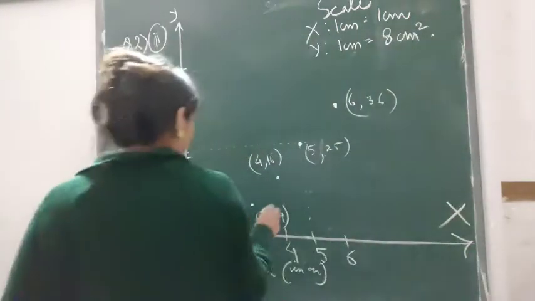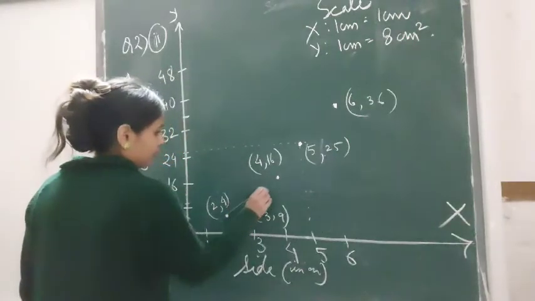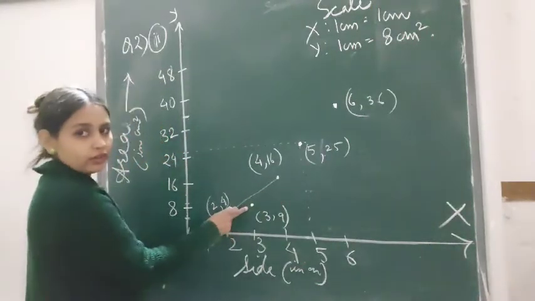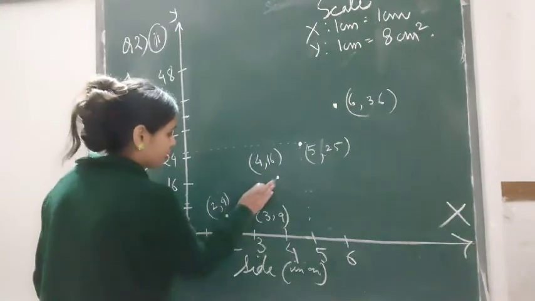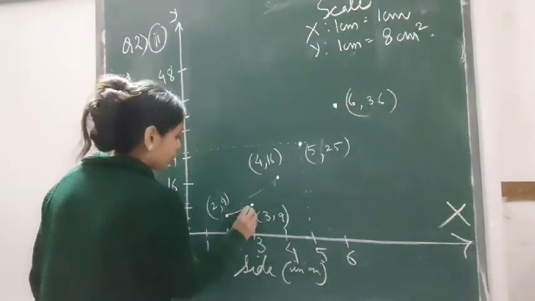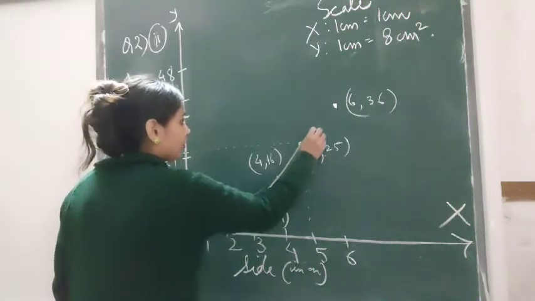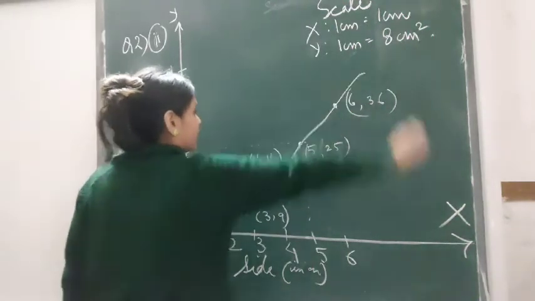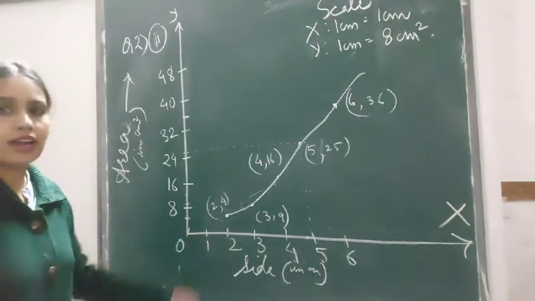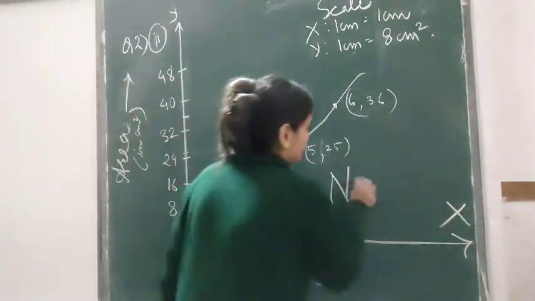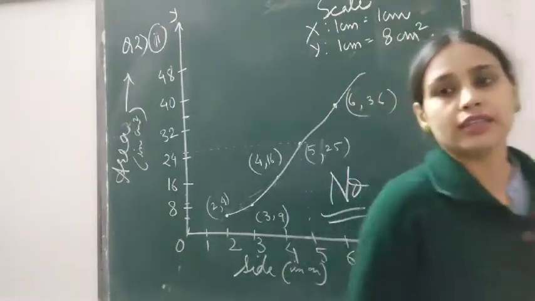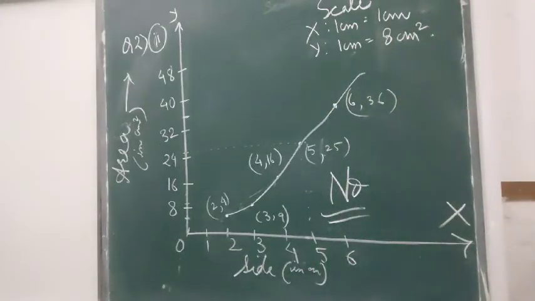When you are making the line, the straight line, you cannot take this point, right? So instead you will draw something like this. Instead of a straight line, it is a shape that goes tilted. Okay, so is it a linear graph? No, it is not a linear graph. This was your last question, and this completes your chapter 15.